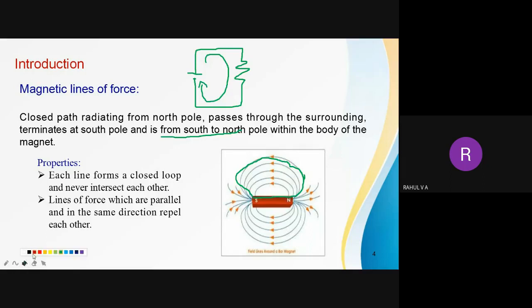Similarly, in magnetic circuits also, the magnetic lines of force will start from one point, that is, from the north pole. Here, if you assume, from positive polarity the current starts flowing and it reaches the negative polarity. Similarly, from the north pole, flux or magnetic lines of force start and move like this and reach the south pole, and through this magnetic material it again travels to the north pole. So from the north pole it started and finally it reaches the north pole. That means the magnetic lines of force travel in a closed path.